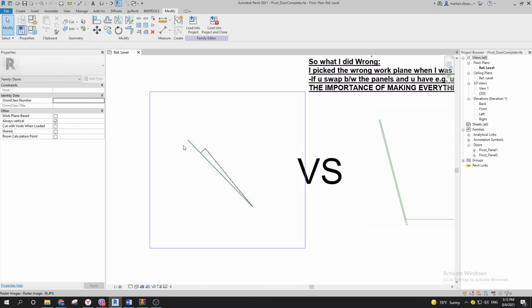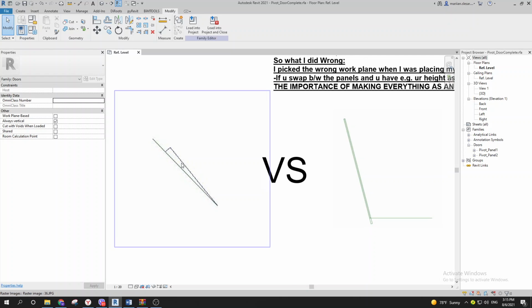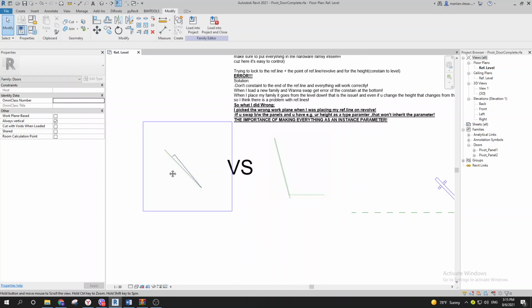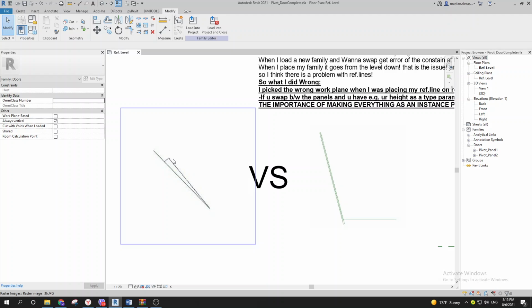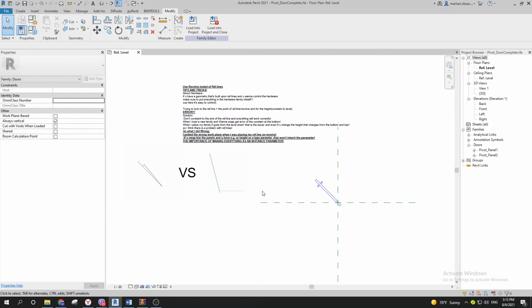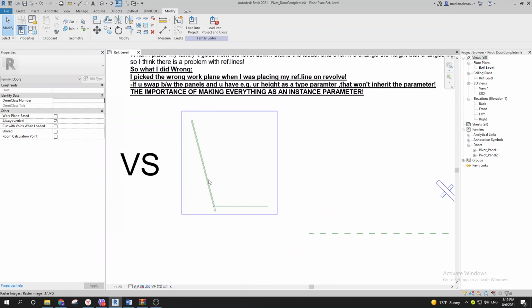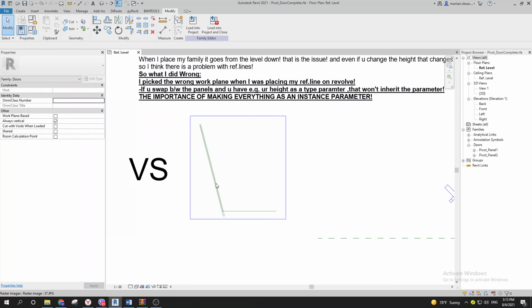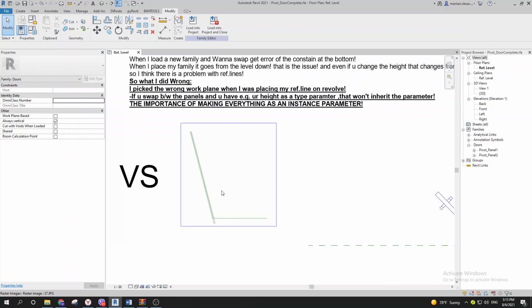What I'm doing here is offering you a way to build this using Revolve. I'm going to show you how to do this, but in principle we have the Revolve, and for Revolve we have the option to change the angle of the Revolve itself, how it wraps itself, I would call it. What we're doing is placing the reference line on the face of the Revolve. I'm going to show you how to do that. With this method, constraining reference lines, which is of course the biggest issue,